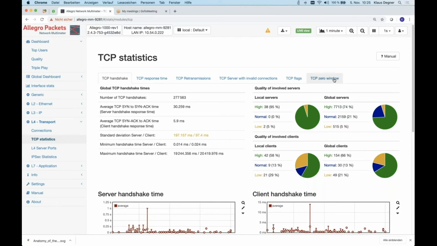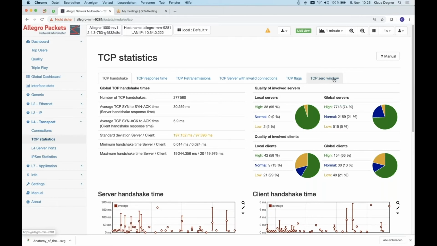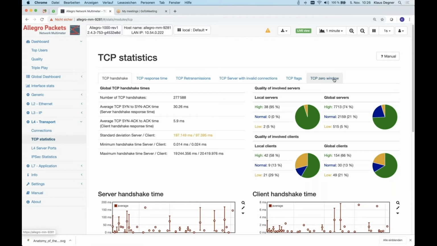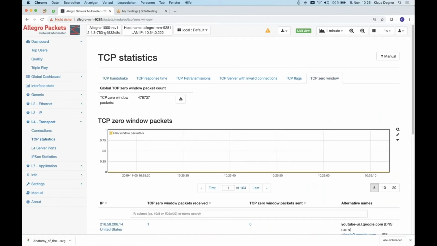Last but not least, we display TCP zero window, which is a very simple effect. Whenever the client can send data faster than the server can process it, the window size will get smaller and smaller, so the open window to send data. And at some point, the TCP stack will announce from the server side, don't send any more data, or from the client side, so it's both sides: don't send any more data, I have to process the data. And whenever you see TCP zero window, you can be very sure that the network is not the issue because the data was transferred. And that's what we can see here.